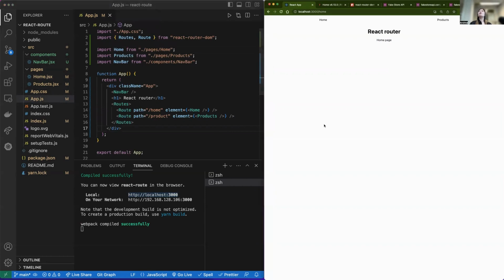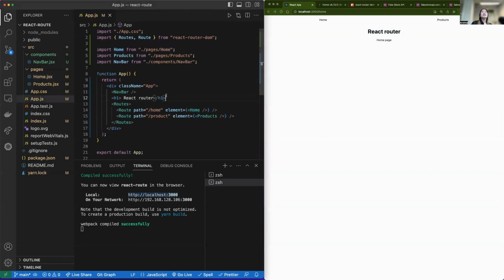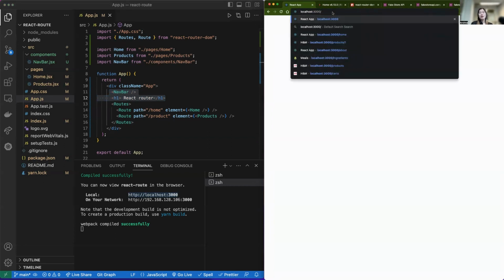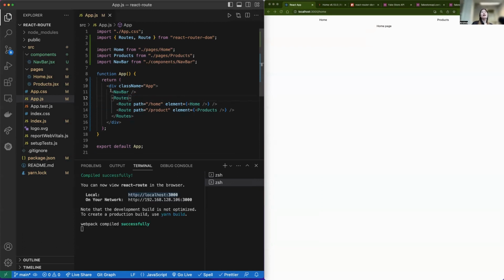Until this moment, you can ask me why it has the navbar and the React router in all the pages. I am rendering the home component, which doesn't have the home and the products and the React router, right? Why is it showing on the screen right now? The answer is that whatever you put outside of the routes, in this case the navbar and the H1 React router, is going to stay on all the pages. It doesn't matter where you go, whether it's localhost or another page like home, it's still showing the navbar and the heading. So take note: whatever you put outside of the routes will stay on all your pages. For now, let me remove the H1 heading and only keep the navbar,